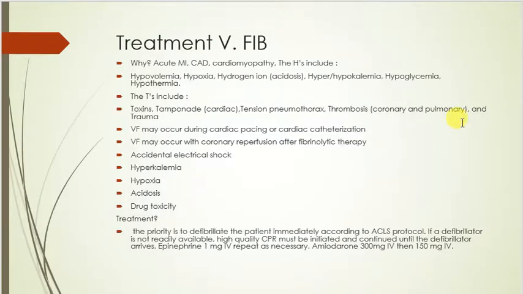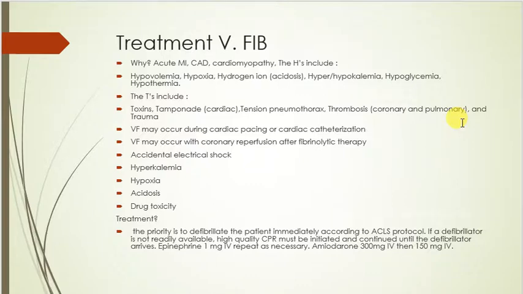Now, typically, why does this occur? We look at the same things as with VTach: acute MI, CAD, cardiomyopathy. We look at the H's and the T's. While we're coding, we're thinking these things. Is this patient hypoxic? So we're getting an ABG. Is this acidosis? Is it an electrolyte problem, either hyper or hypokalemia, hypoglycemia, hypothermia? We look at the T's: toxins, tamponade, tension pneumothorax, thrombosis, like in a coronary artery,